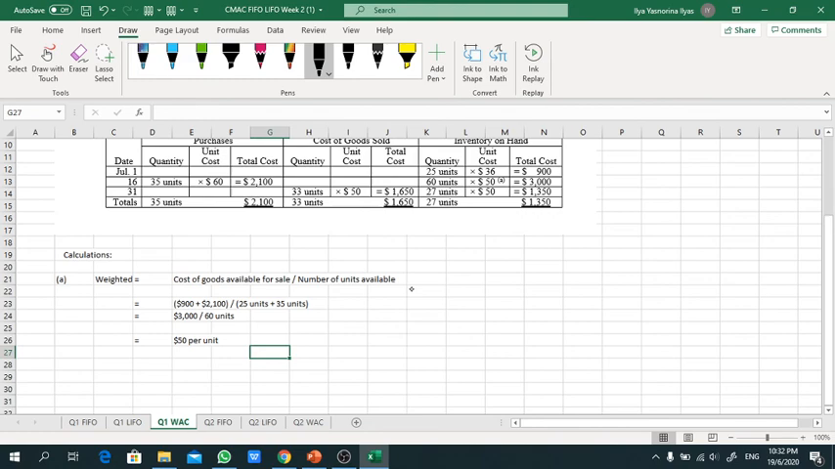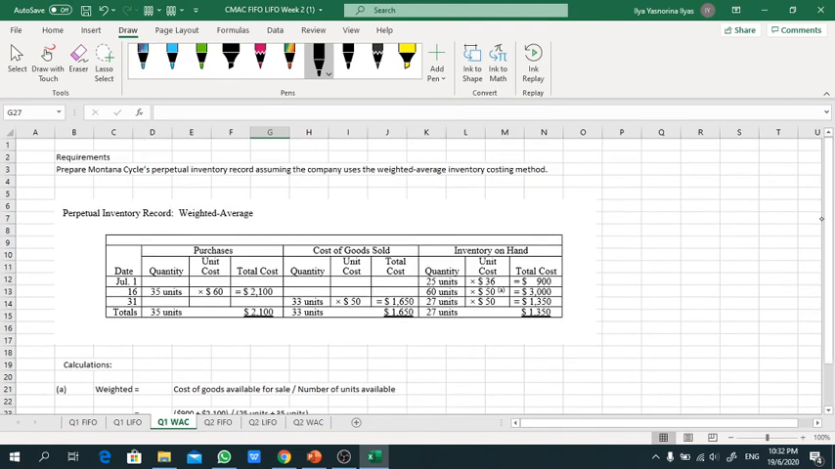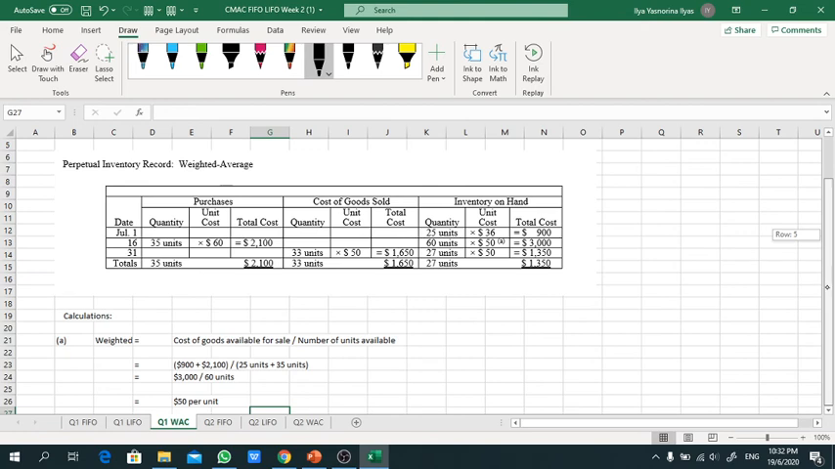Okay, the last one. We will work on the weighted average inventory costing method. So here we actually calculate the total cost and the total units. This will be a bit confusing because we calculate it using the cost of goods available for sale divided by the number of units. So 900, take it from here, 900 plus